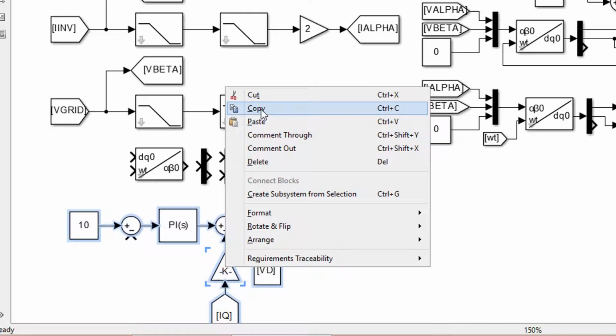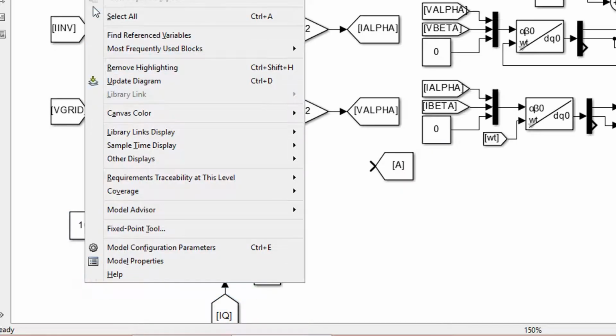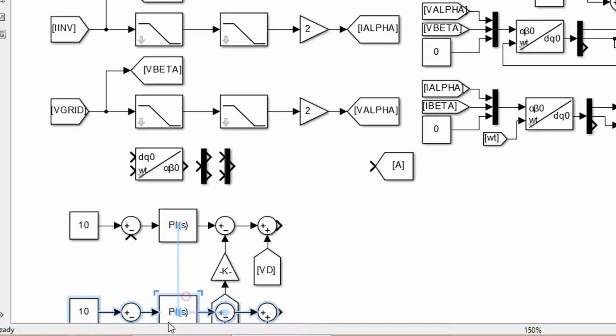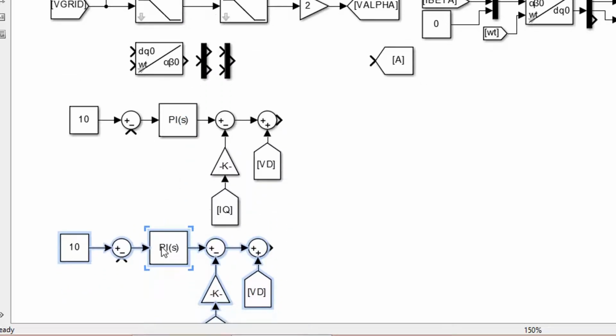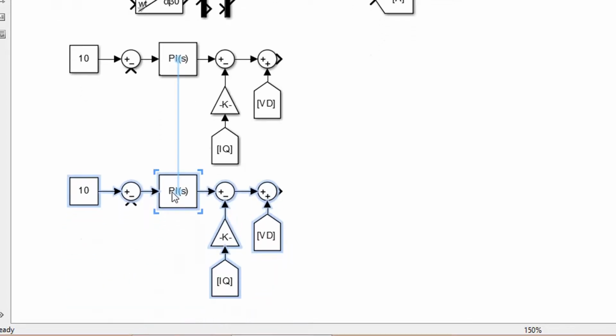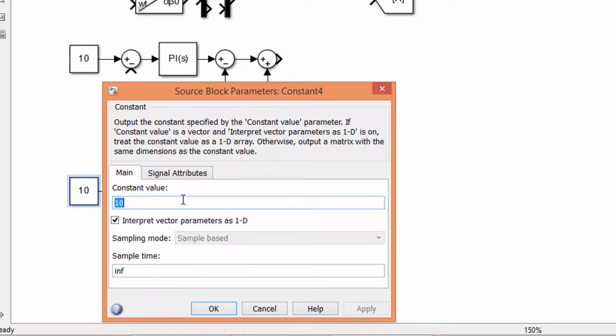Copy and paste the entire block to form the Q-axis current controller. Set reactive current reference 0.